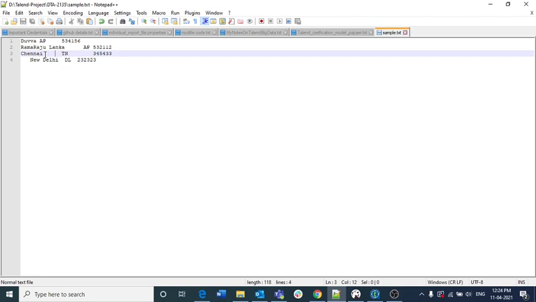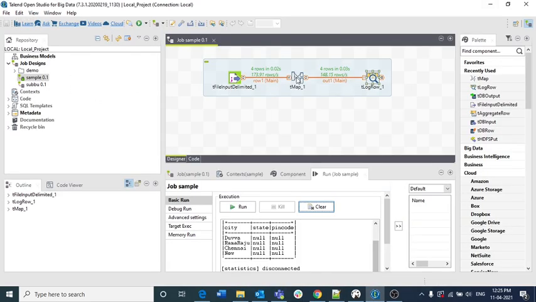So it will only take up to one space, and it will think we don't have any other strings after the spaces, so it takes only the starting value. That is why we only got Dubai, Ramaraju, Chennai and New, but we don't get the other values. So how can we delete those spaces and how can we implement that?